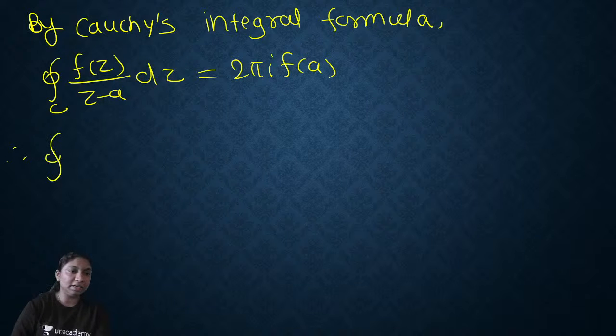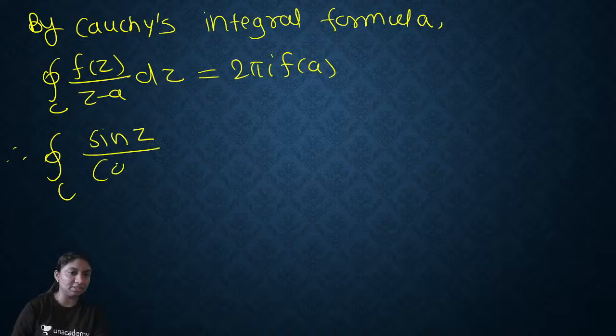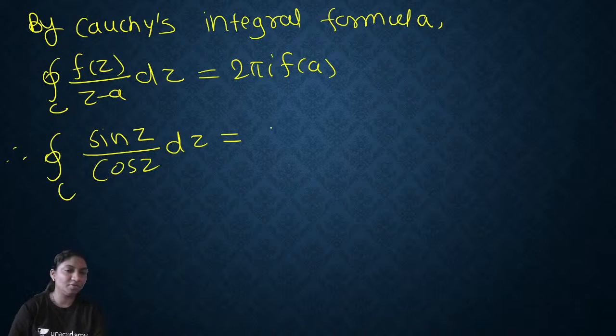Therefore, you will get the integral over C, here sin z upon cos z dz, is equal to, now f of z upon this. So you will get the integral over C of f of z, that is sin z dz